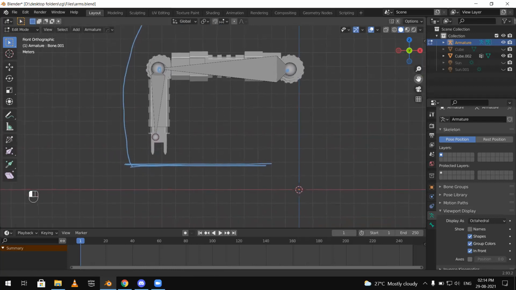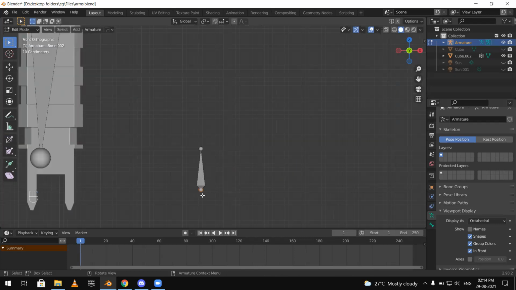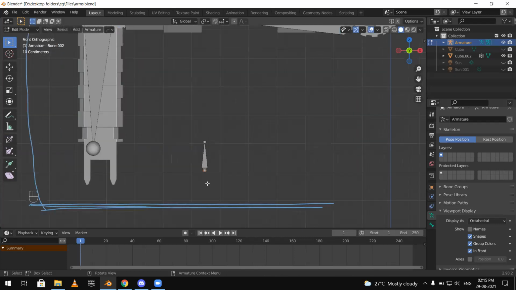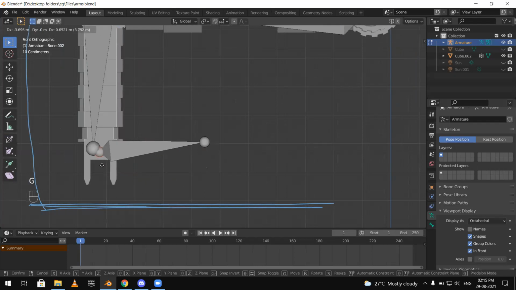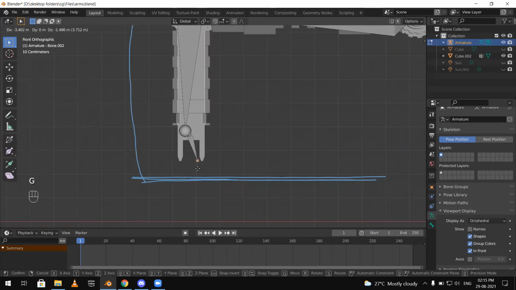If not, then you are free to tell me so. Now I will press Shift plus A again while in edit mode. Now we got another bone. We will move this bone here, and this shall be the control bone. Basically, every armature has two parts. First is the basic structure, and other is the control bone. While selecting the small ball shaped joint here, we will press G and move it to here. Control bones, I usually add them later on while animating and rigging. And then we will select this ball and move it right there.